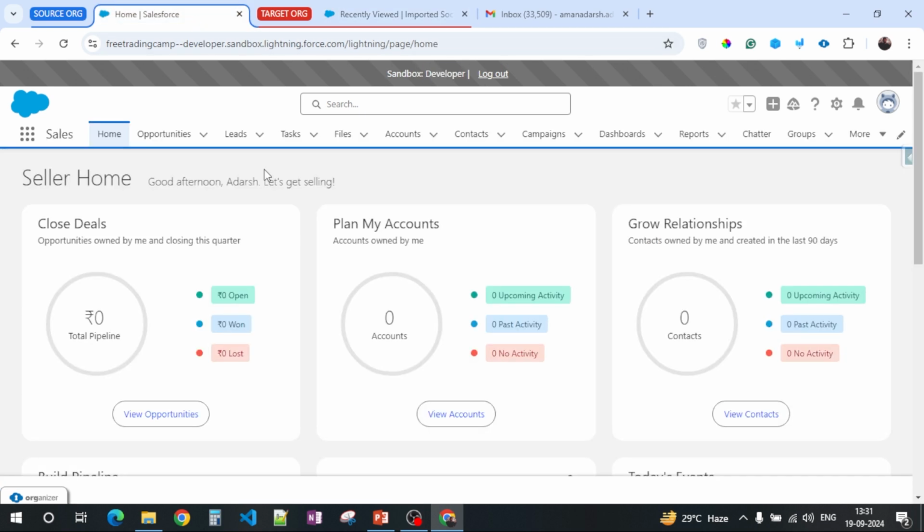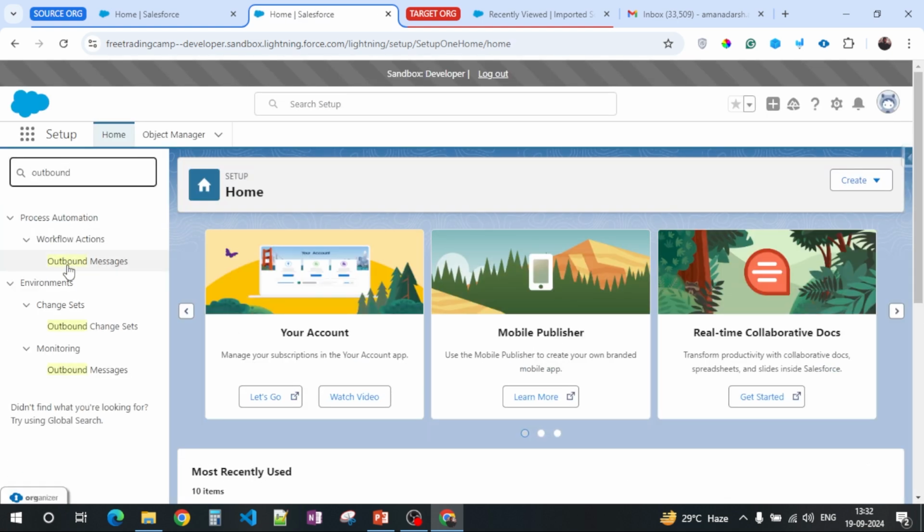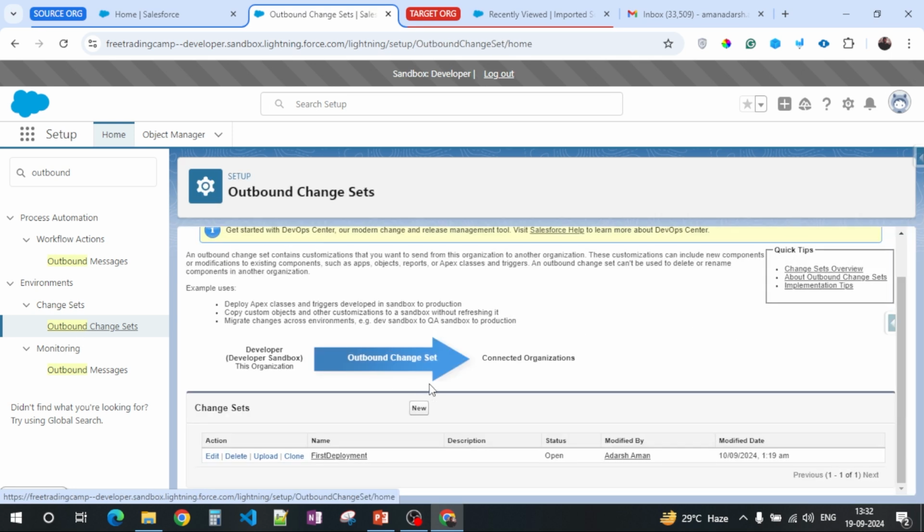So what we understood before is that in the source org, we have to create the outbound change set. So how can we do that? We'll go to setup and search for outbound change sets. Here you need to click on new.